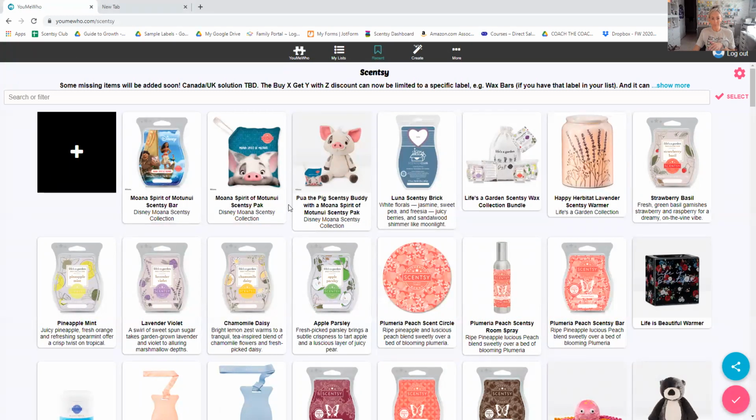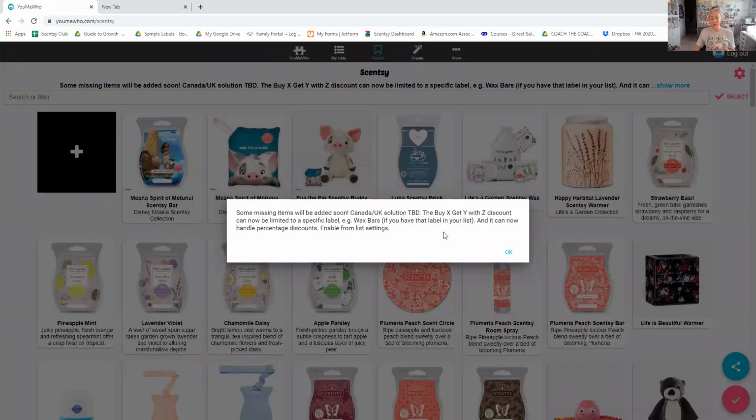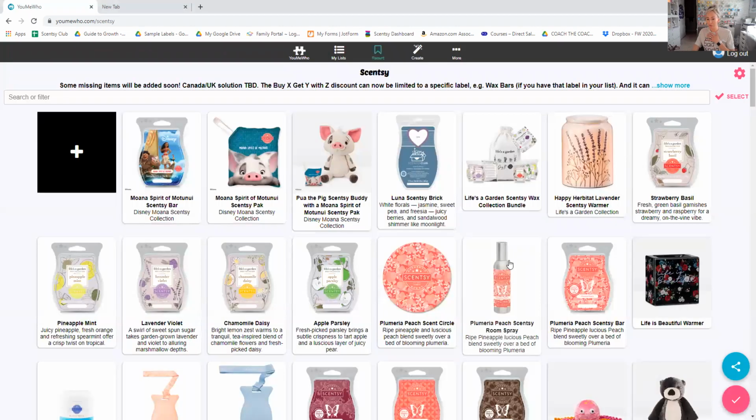And there's just lots and lots of different features. New things are being added. There are different coupon codes or different labels such as buy X, get Y with Z, so like buy 5, get 1 free. It can now handle percentage discounts. I don't do that right now just because I've communicated with my customers that I'm going to get them the